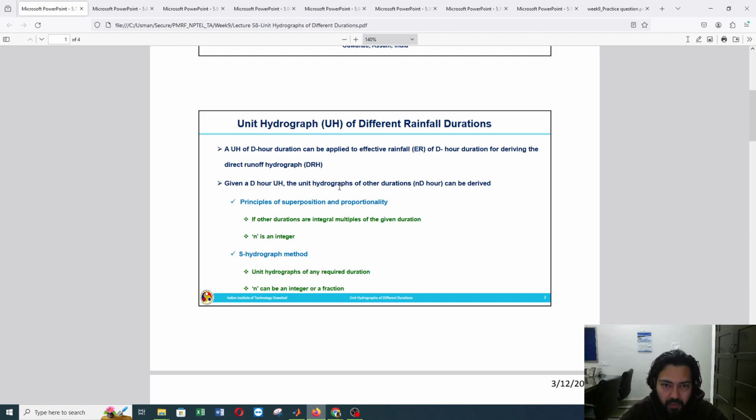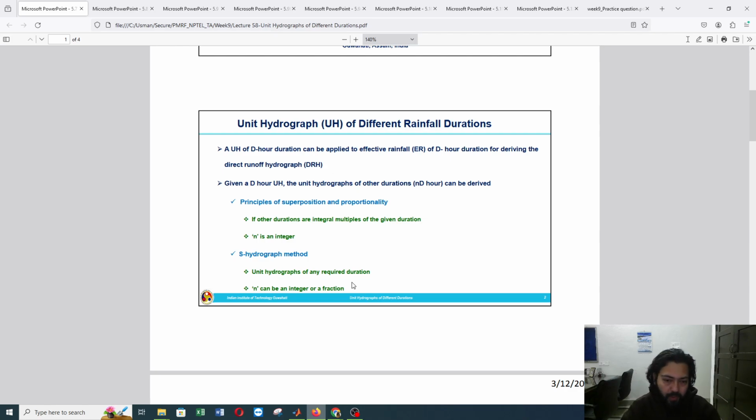Last week we started with a new module called hydrologic analysis. In that module, we talked about different types of hydrological models based on different functions of space, time, and randomness. We also talked about the hydrological system, mostly the linear system model. With the help of the linear system model, we derived the convolution integral equation, and we also saw the unit hydrograph as well as the S hydrograph. That is where we concluded last week's session, with the S hydrograph.